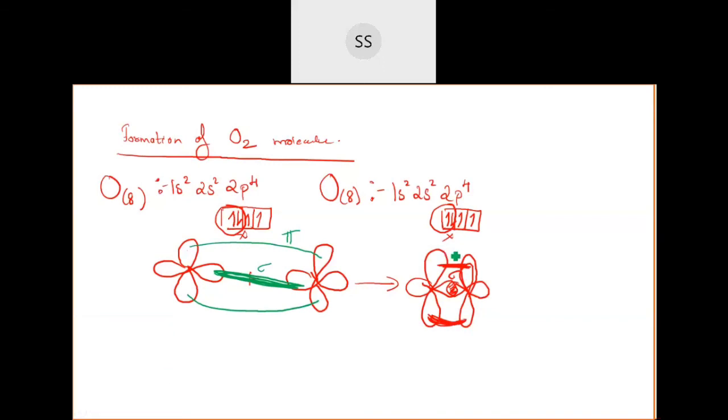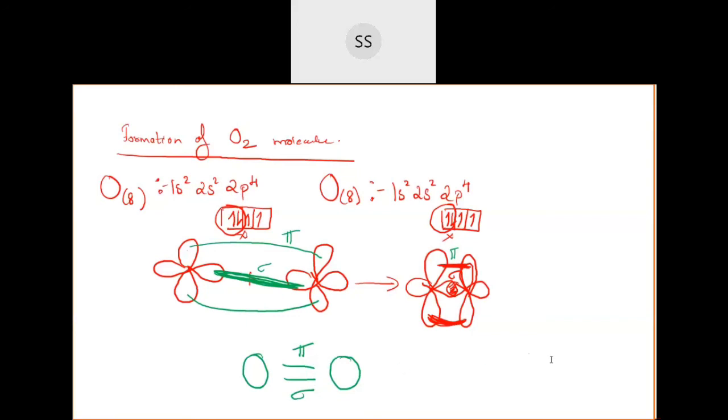So in the oxygen atom, when we draw the Lewis structure, you saw that there is a double bond. Lewis did not tell what type of bond it is, what is the nature of that bond, but the VBT tells you that one is a sigma bond and the other one is a pi bond. That means both the bonds are not in the same category. One is a stronger one and the other one is a weaker bond.